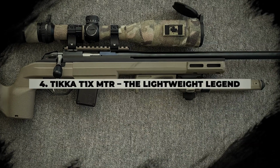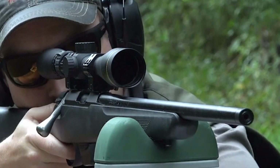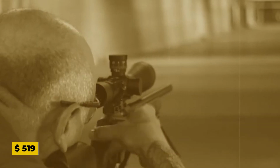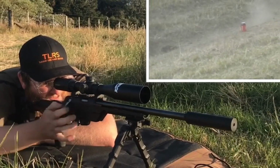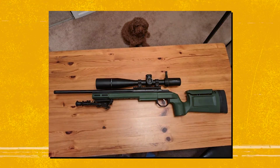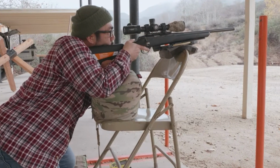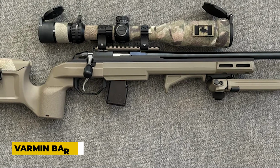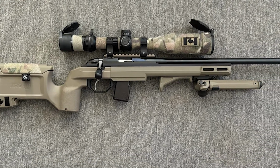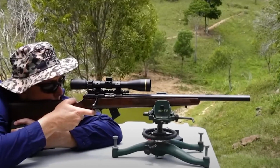4. Tikka T1x MTR, the lightweight legend. At number 4, the Tikka T1x MTR, a $519 rifle that's a budget sniper's dream. I hit .2-inch groups at 50 yards with Wolf Match Extra, sharper than your .308's 1-inch at 300. In Colorado, I smoked 150-yard steel, every shot a clang. Its 20-inch Varmint barrel and T3x-based action deliver 1,100 FPS with 40-grain bullets, rivaling a $1,200